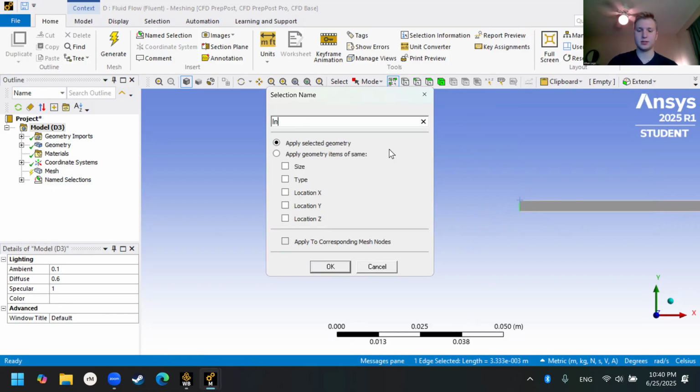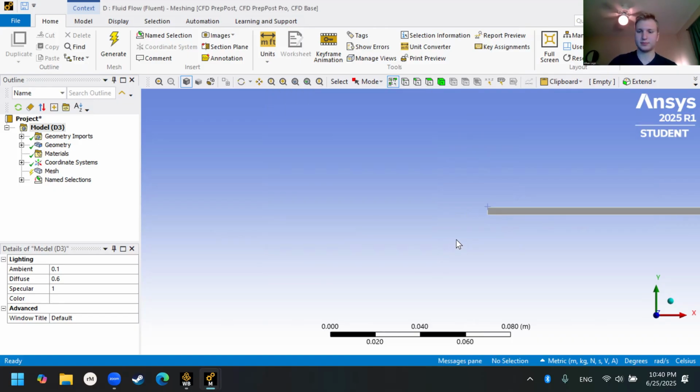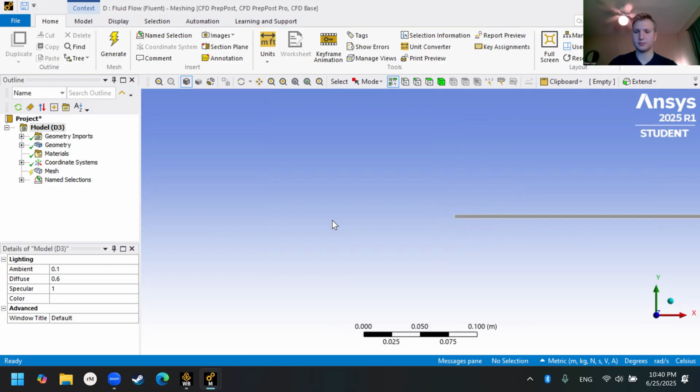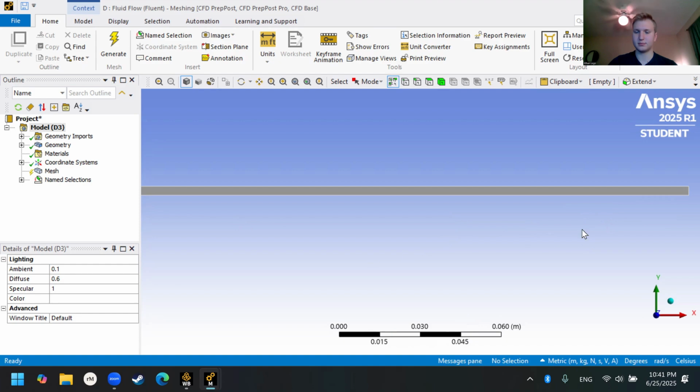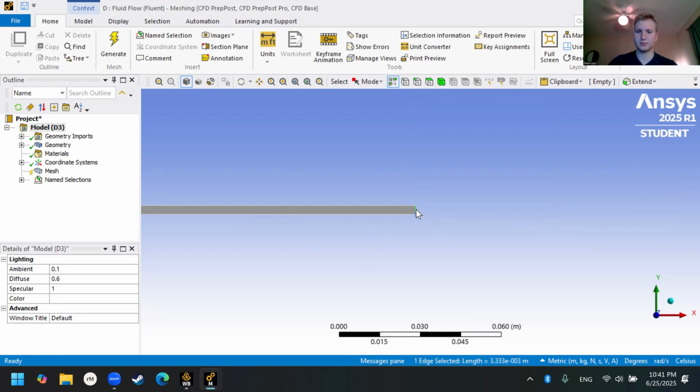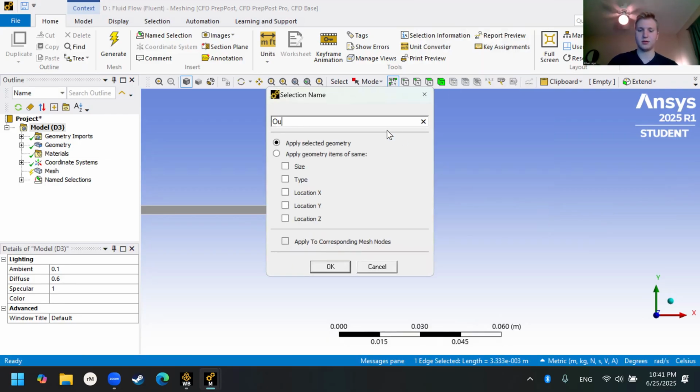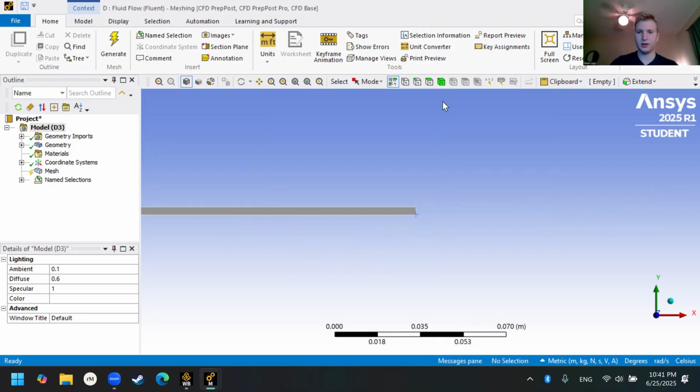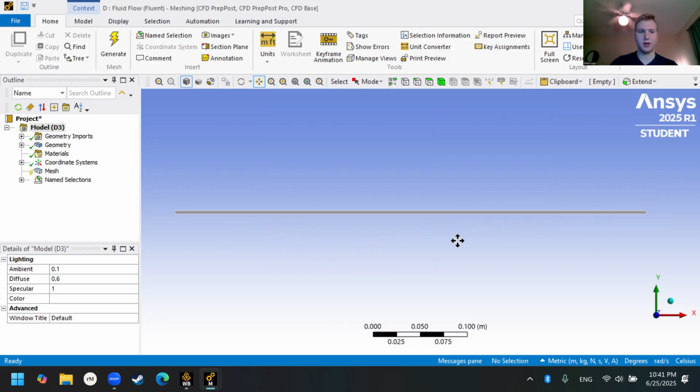Inlet. And outlet. All right. So now that I have all of those named,